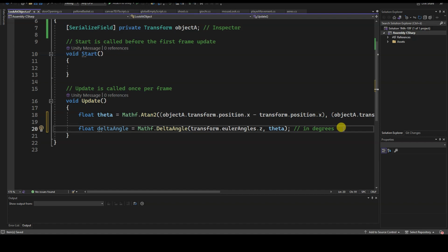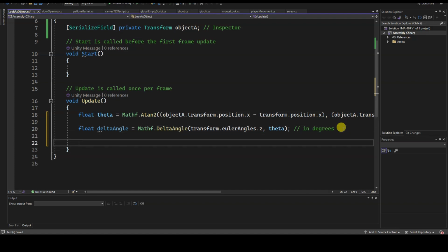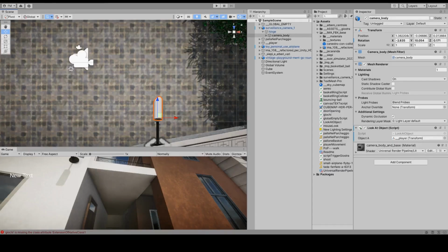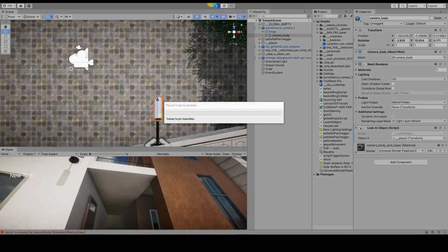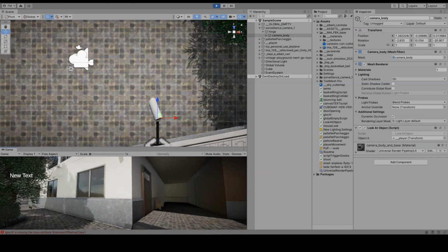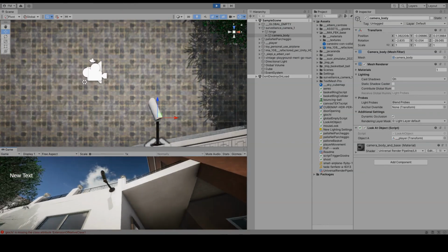The third and final instruction allows us to rotate the surveillance camera. Transform.Rotate(Vector3.forward, deltaAngle). Note that I used Vector3.forward, which identifies the local z-axis of the object as the vector around which to perform the rotation. This is due to the fact that, in the specific case of this 3D model, the local z-axis is not the one that indicates the front and back, but the local vertical axis of the object.